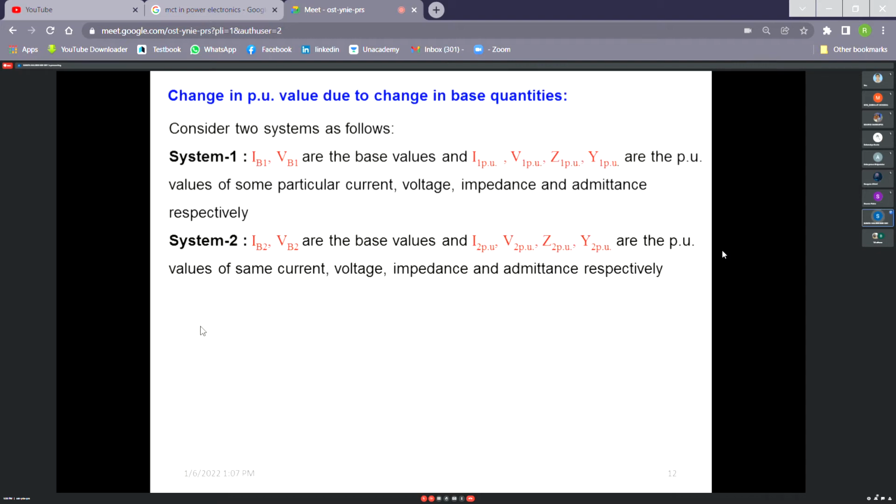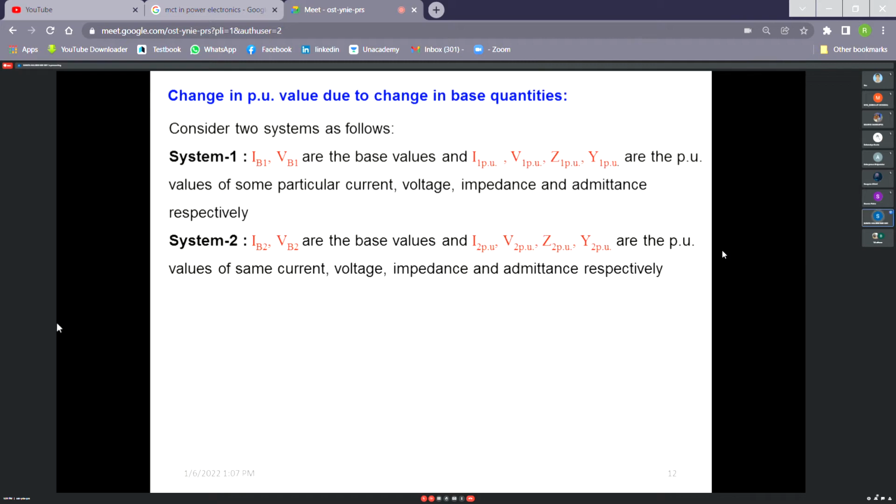But the rated values of the transformer and the generator do not necessarily match. So when they are connected in a power system, there will be a common base. We shall assume base values for the total power system. So in that case, this thing will be required. We have to calculate the per unit values of the transformer or generator parameters depending on the base values we have assumed when they are connected in a power system. So that's why this is required.